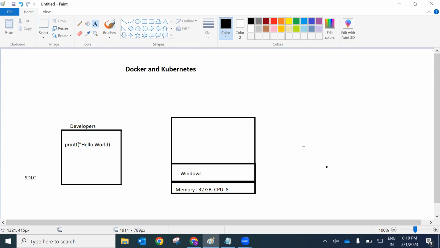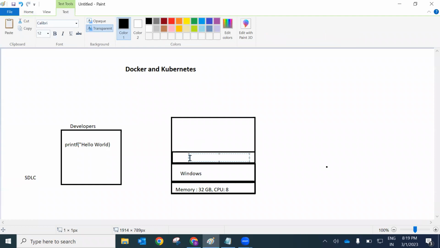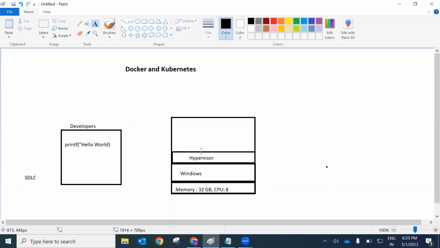So the concept of hypervisation was introduced. What hypervisation does is, the hypervisor should be installed, and the hypervisor enables us to create or install a guest operating system on top of this host machine, the host operating system. That means within the same machine, within the same hardware,